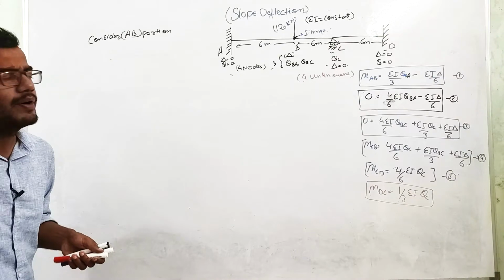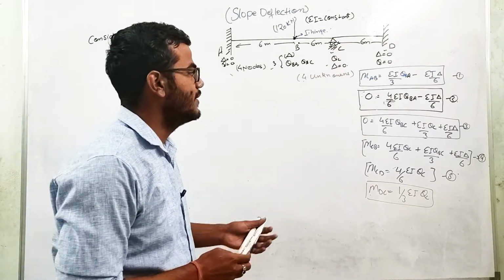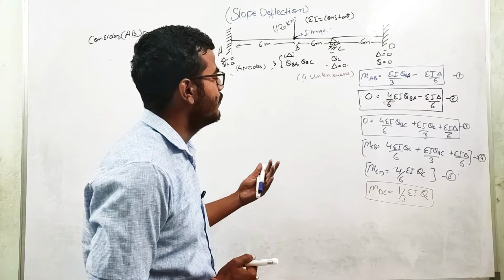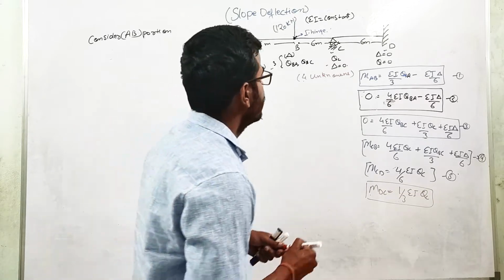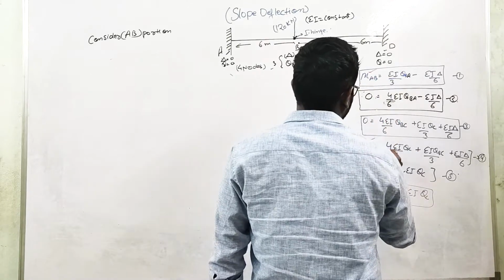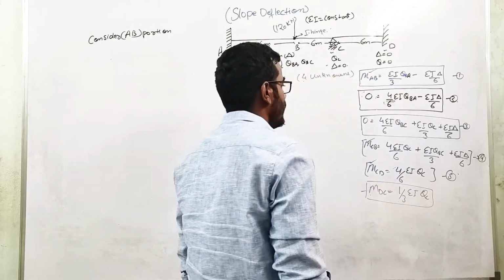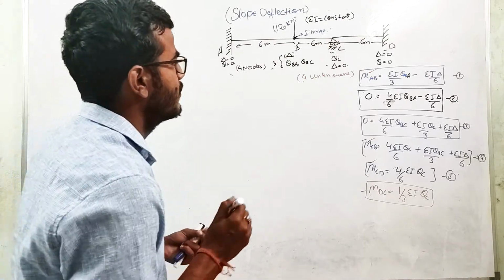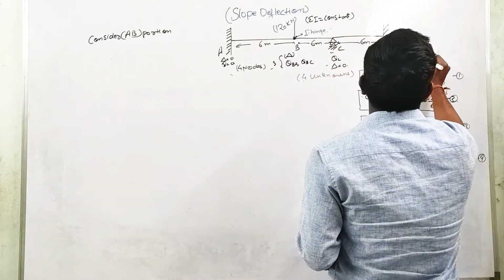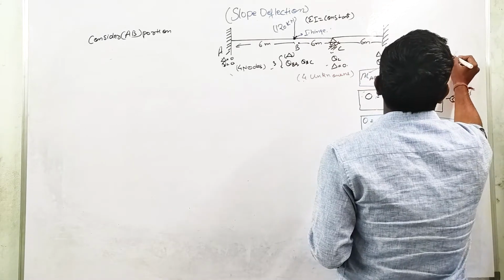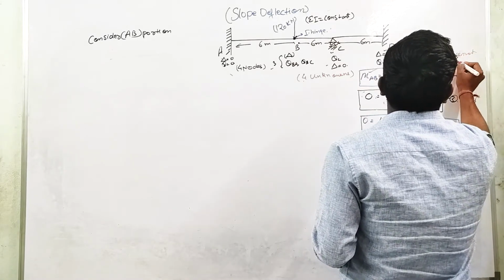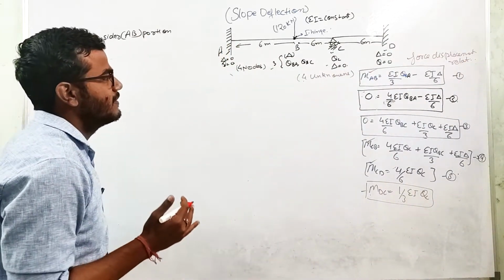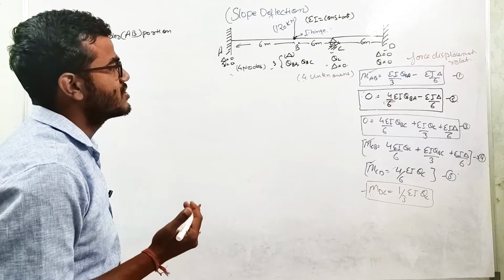Now what we have done over here is that we have represented all the displacement in terms of end moments. So basically this is also unknown to us. This is unknown, this is unknown, this is unknown, this is also unknown. This is nothing but the force displacement relationship. Here we have represented the end moments, or the internal reactions, in terms of displacements.